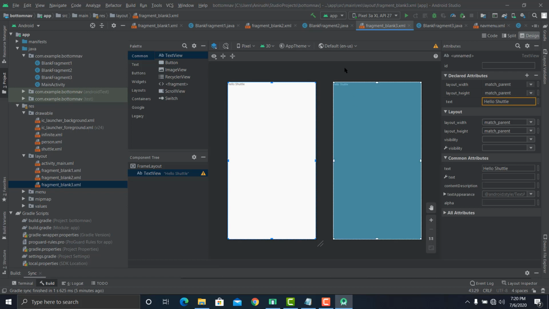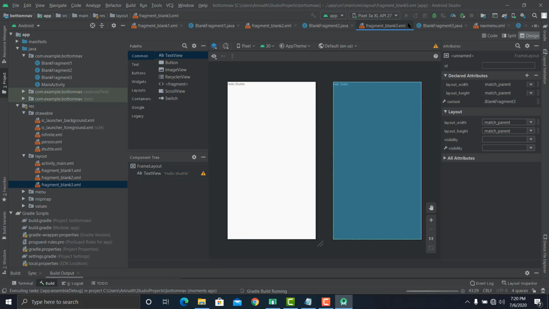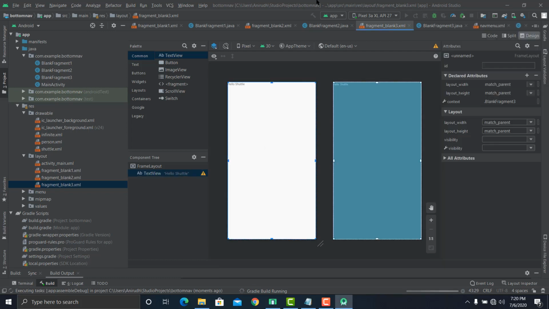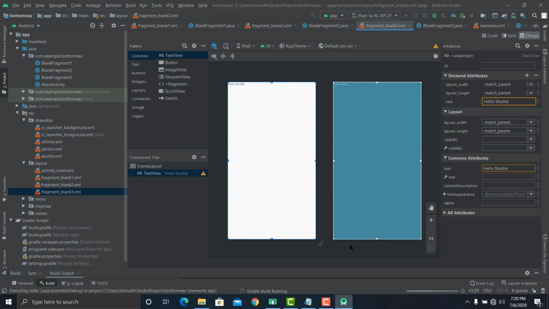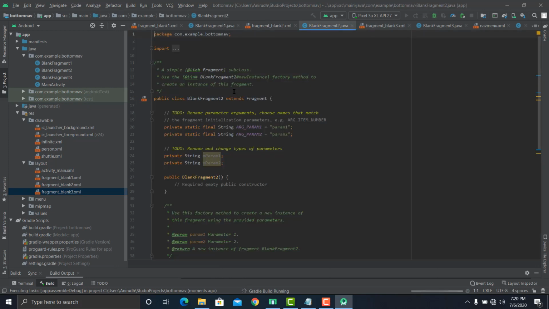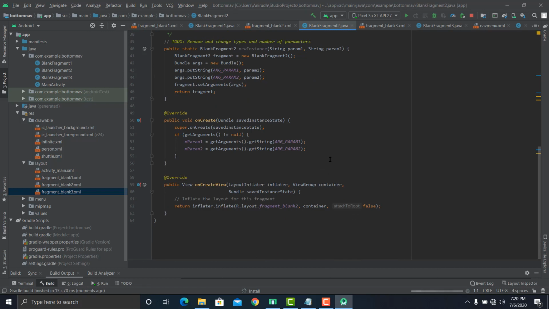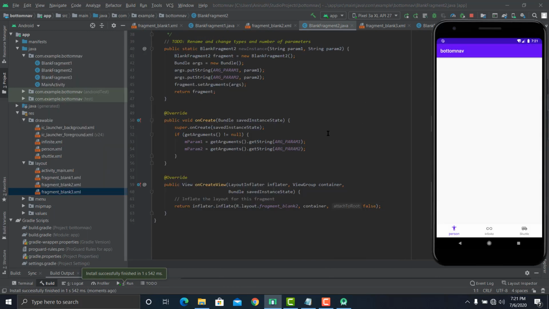When we try running this app, let's let the build run. We don't have to change anything here, but we'll know that the fragment has started successfully. Whenever you click on anything, it says Hello person, infinite, and shuttle.